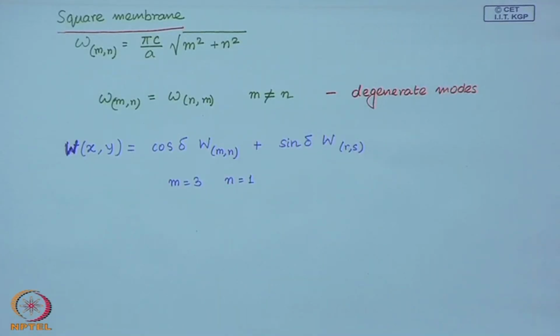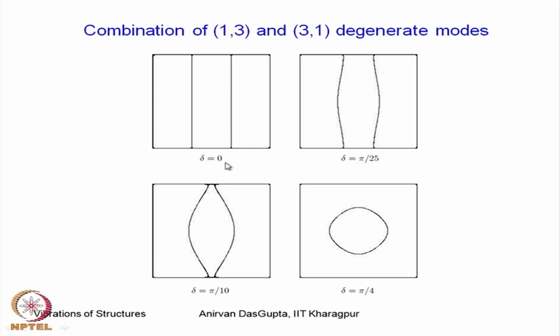So, let us look once again at this picture. Here when delta equal to 0, you will find it is only W31, and here it is a value pi over 25. So, you see a combination of 3 1 and 1 3, this is still a higher value of delta. So, this combination changes at pi over 4, this combination of 3 1 and 1 3 gives us a nodal curve which is like this, and this changes if you increase further to this, but rotated,